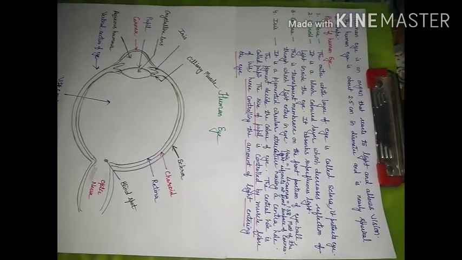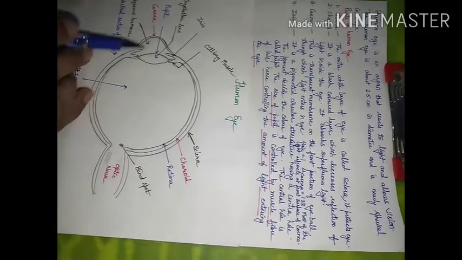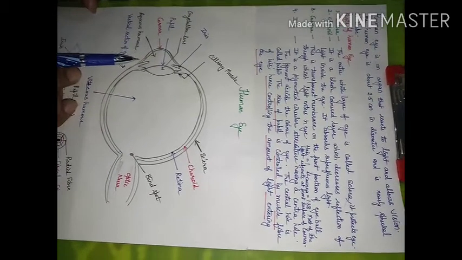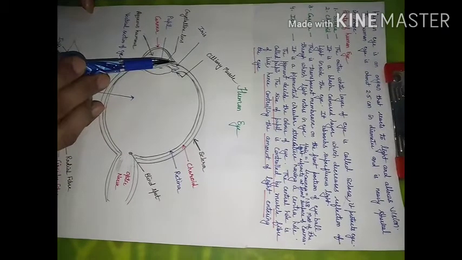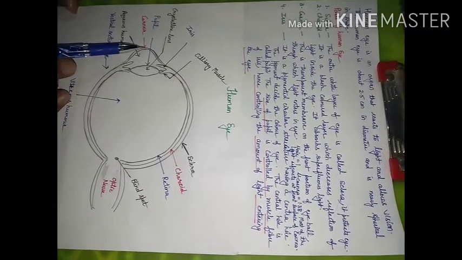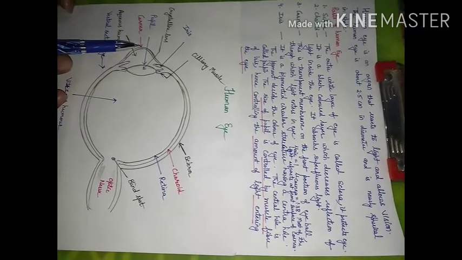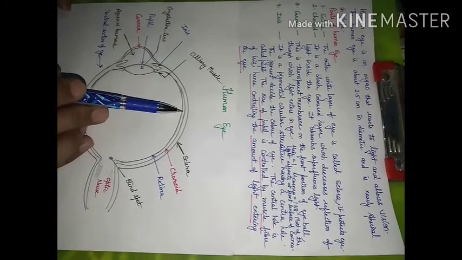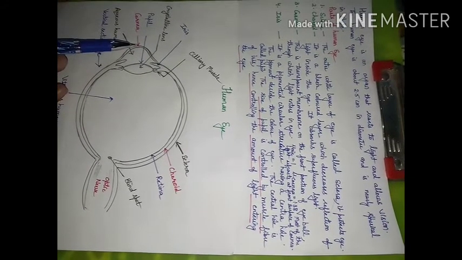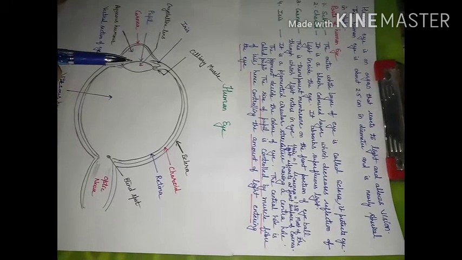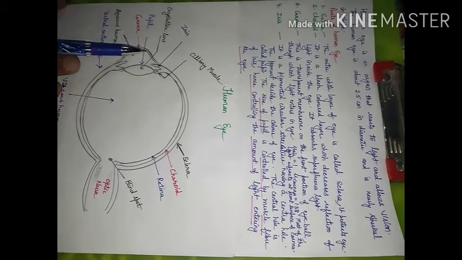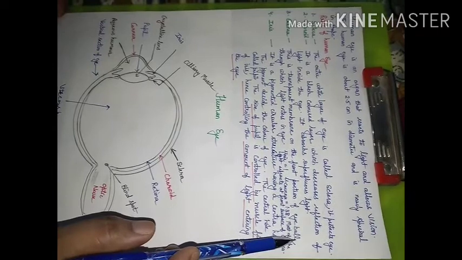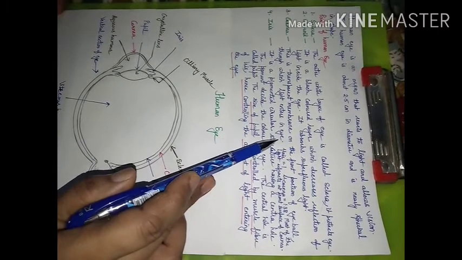Next, we will consider the cornea. If we extend this sclera layer this side, we can see that the cornea and this layer merge together. This front portion of the human eye is known as the cornea. The sclera is white and opaque, but the cornea is transparent, and light can enter the human eye by passing through it. So the cornea is a transparent membrane on the front portion of the eyeball through which light enters the eye.